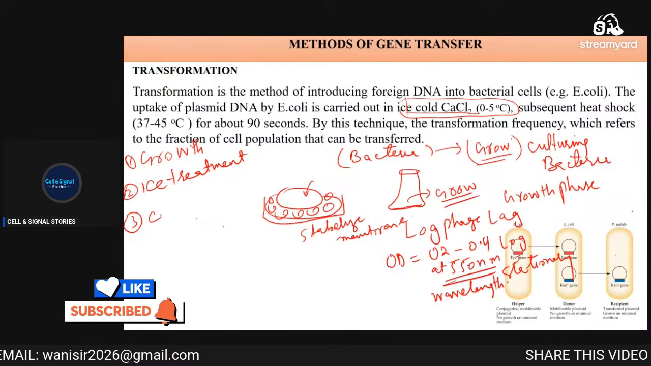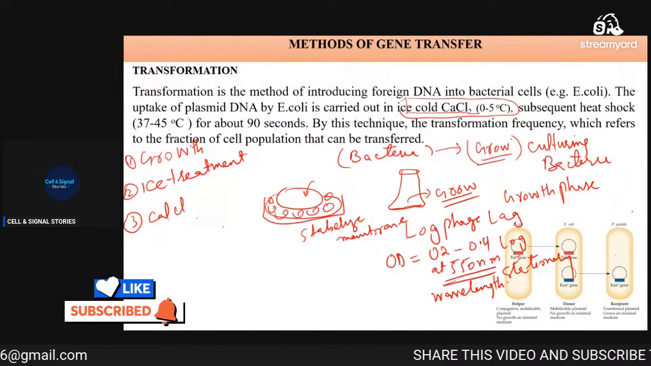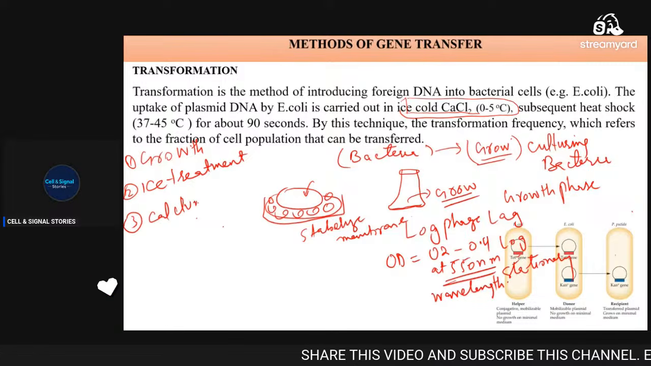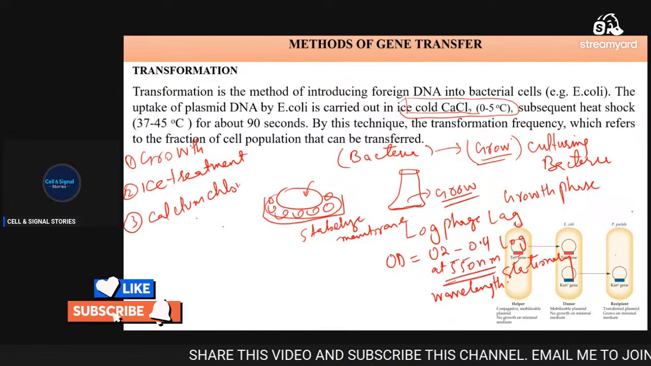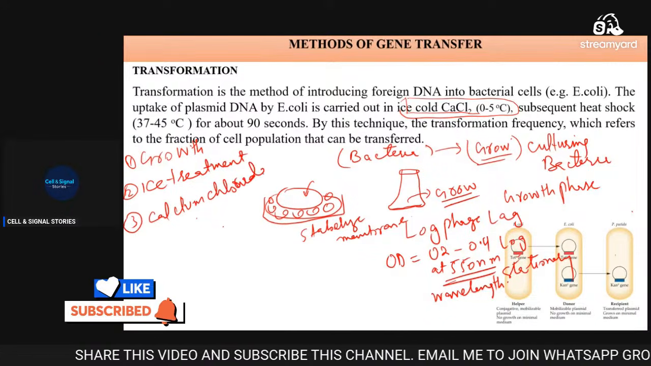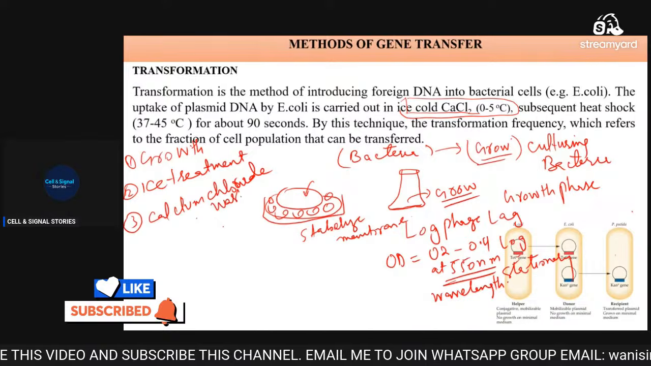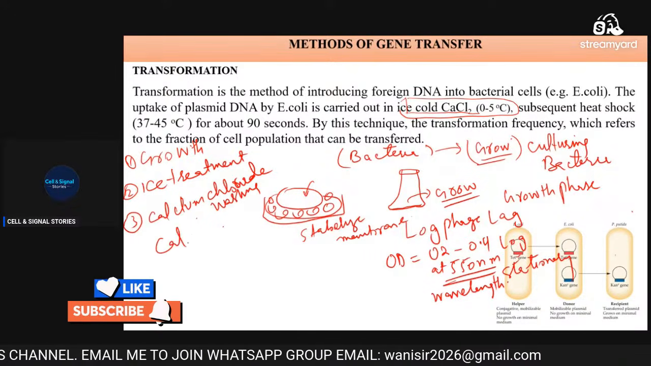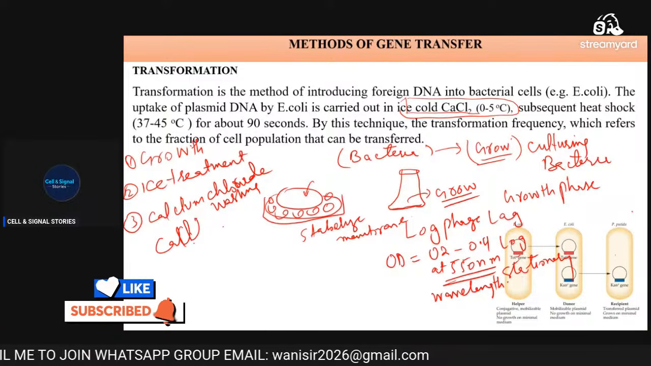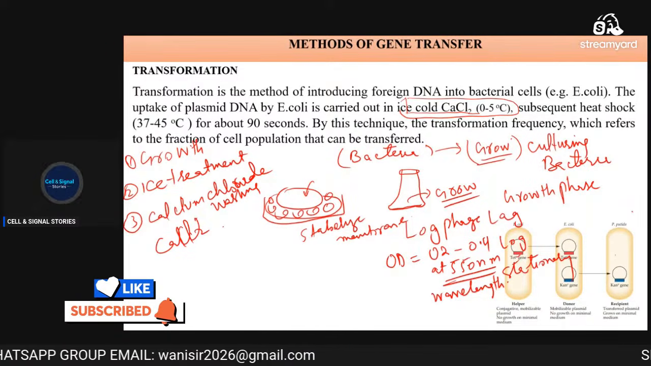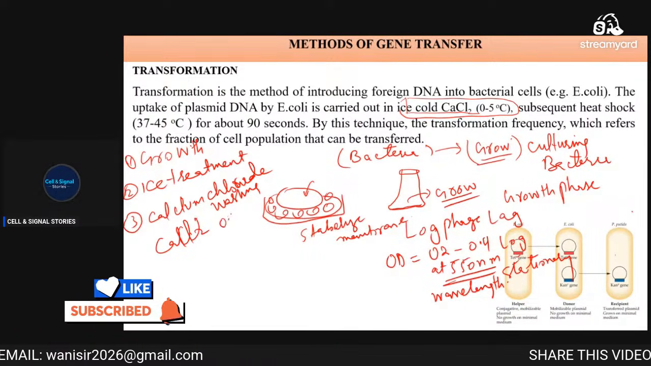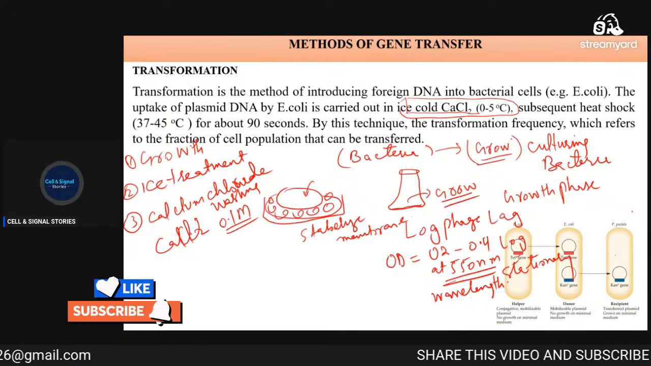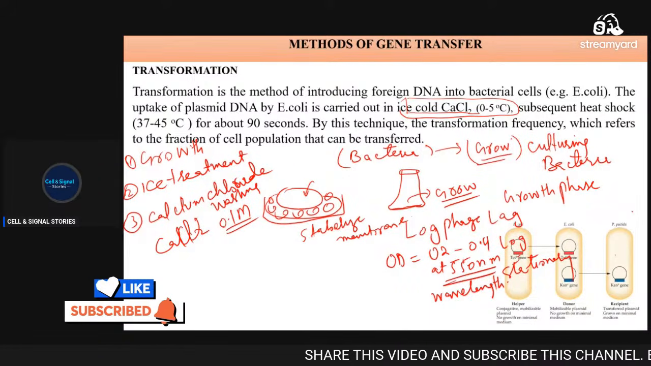Now another is calcium chloride washing. Calcium chloride washing, that is CaCl2 washing, and you know that the concentration should be 0.1 molar calcium chloride, and the calcium causes the binding